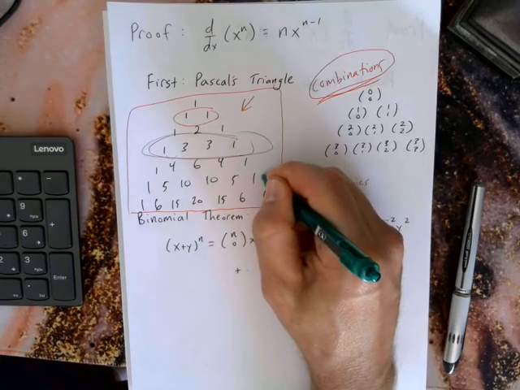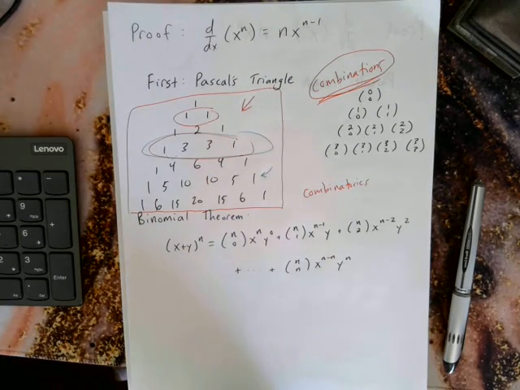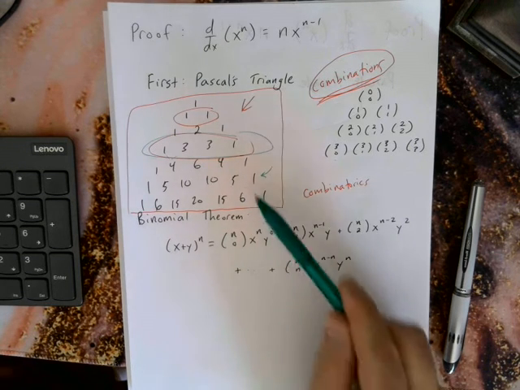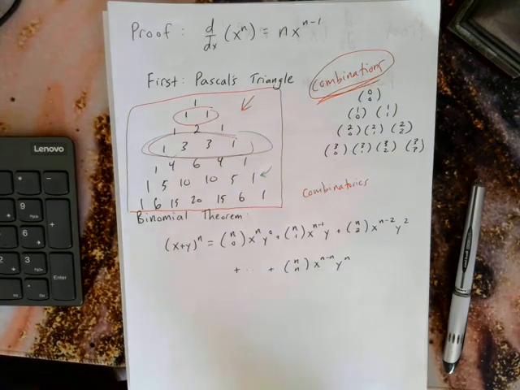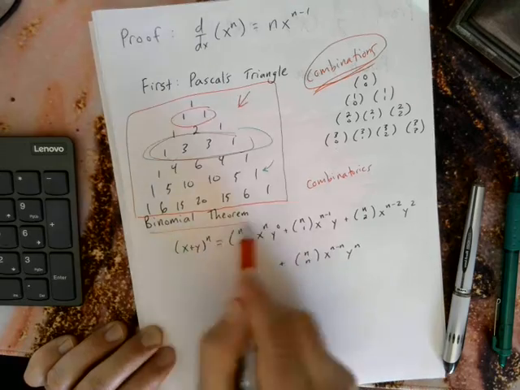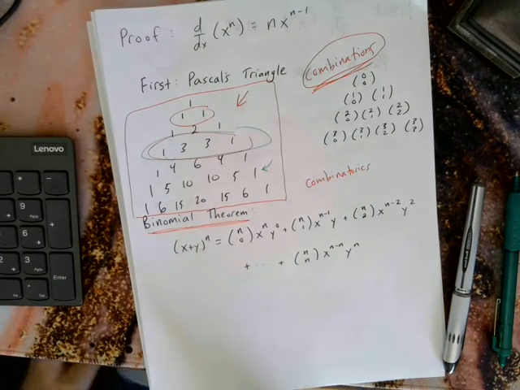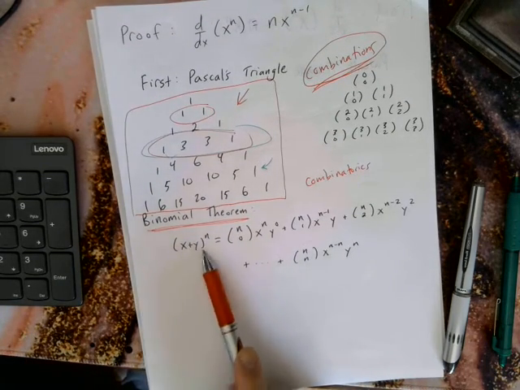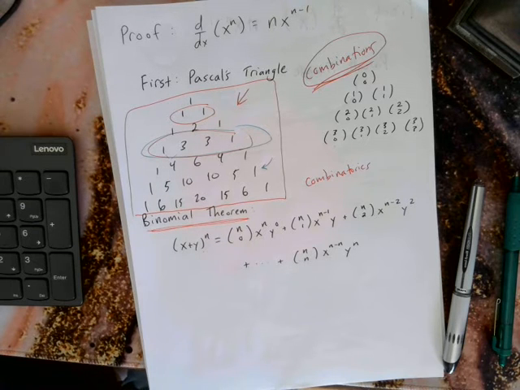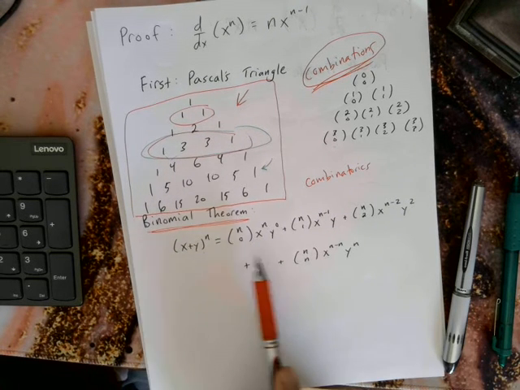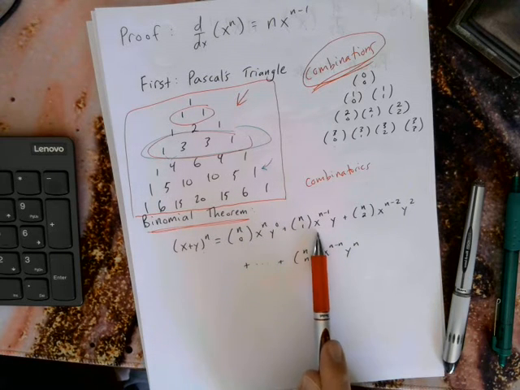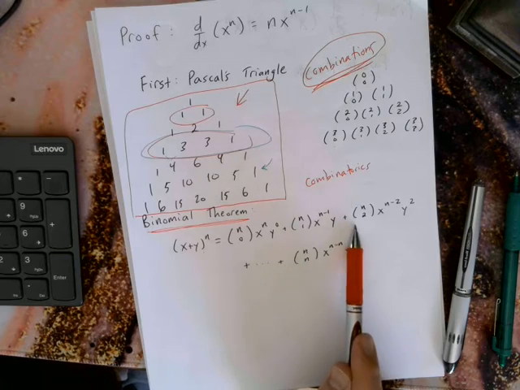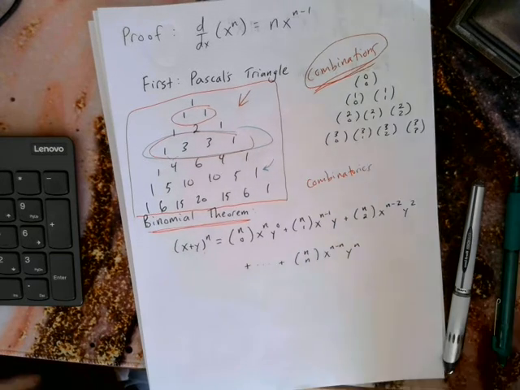And how you would see that is if you went to a cookie shop and they had 5 kinds of cookies and you're going to pick 3, there are 5 choose 3 ways of doing it. So there's 10 ways to do it. But anyways, that gives us the binomial theorem. The binomial theorem allows us to multiply out a binomial, so a 2-term expression raised to the nth power. So x plus y to the nth power is n choose 0, x to the n, y to the 0, n choose 1, x to the n minus 1, y, n choose 2, x to the n minus 2, y squared. And the pattern is